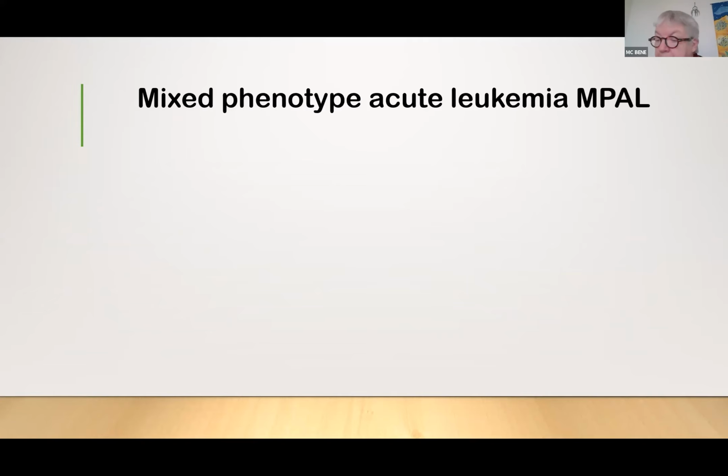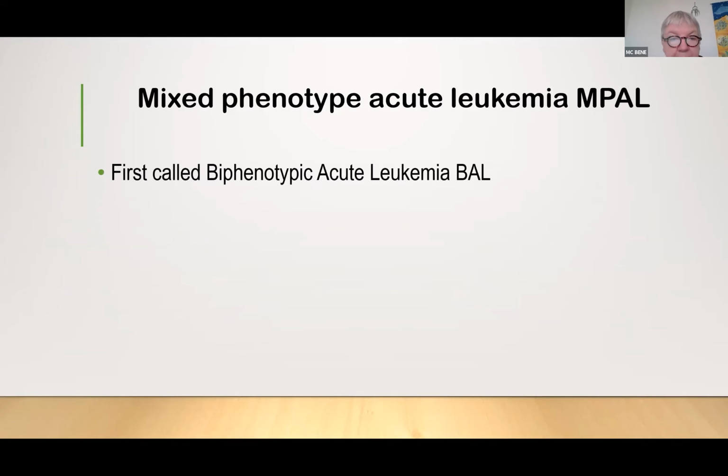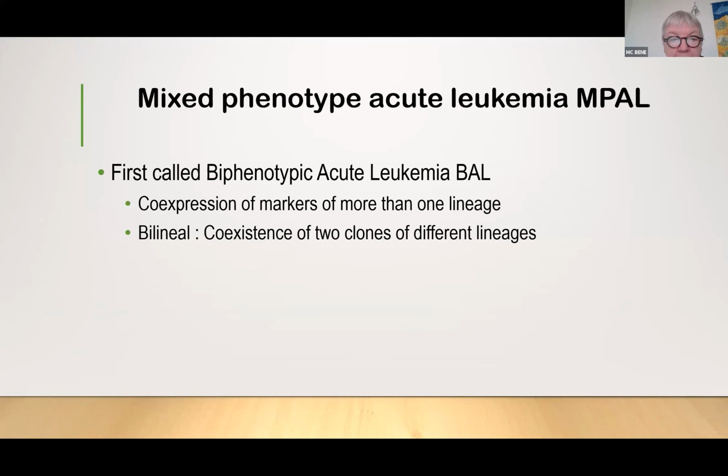So let's come now to mixed phenotype acute leukemia, or MPAL. They were first called biphenotypic acute leukemia, and you may remember calling them BAL before. And they are characterized by the co-expression of markers of more than one lineage. These are really abnormal cells that have not decided to which lineage they belong. They can be